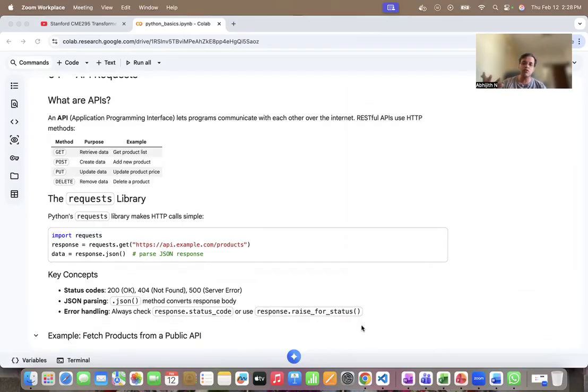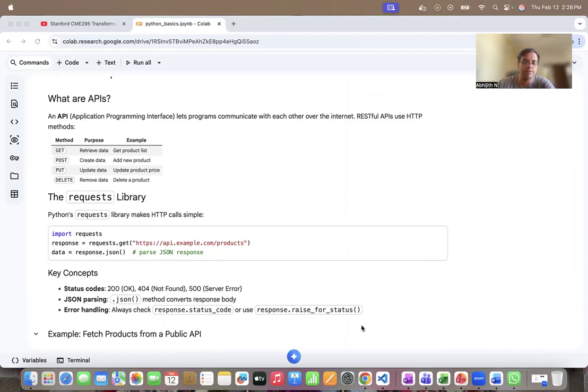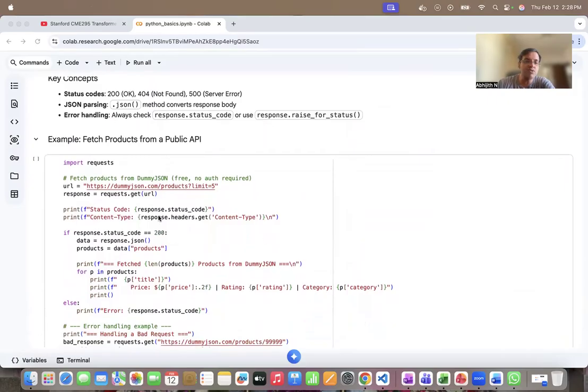Okay, so now let us look further into code where we hit a public API. APIs can be public or they can be private with some authentication. But here, let's look at how we can hit a public API. So it starts with an import of requests, and then there is a URL, right? This has https://dummyjson.com/products with a question mark and limit equal to 5,